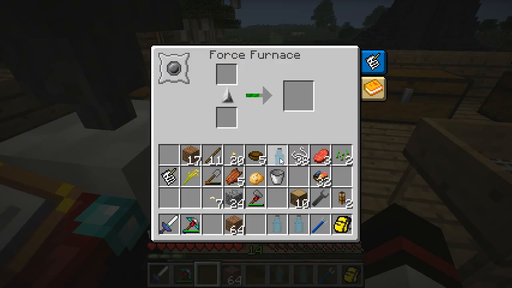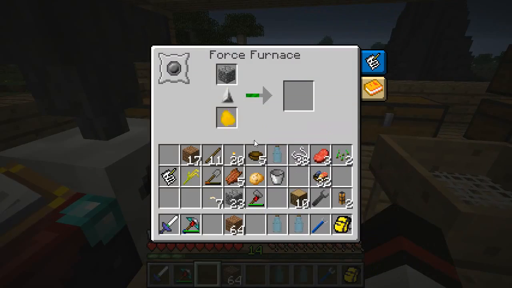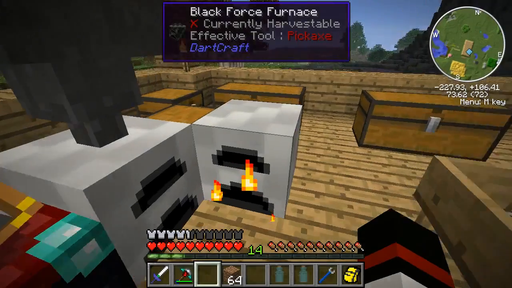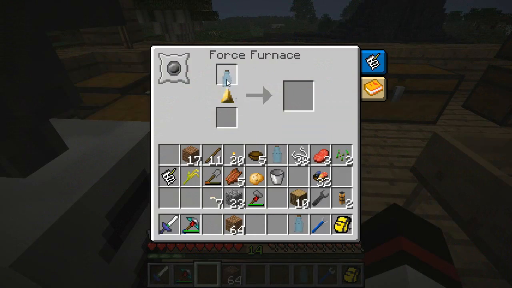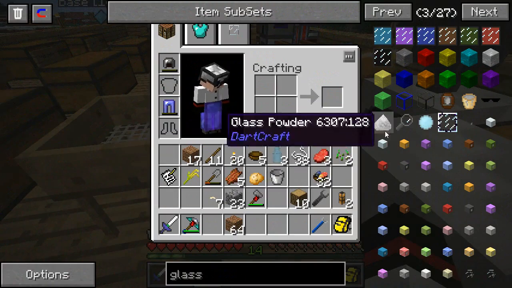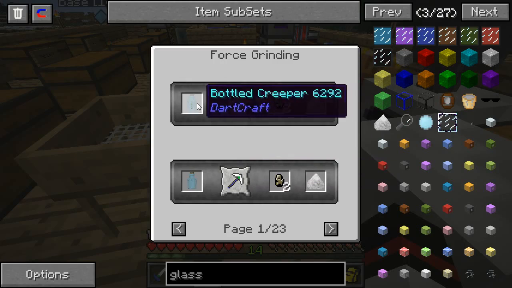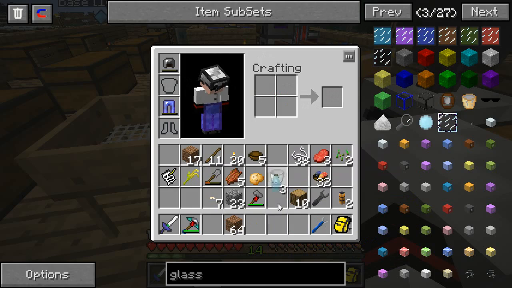Uh-oh. So that produces sand, so that actually does work. But you can't go in there. Okay, so that was a waste. So what did I actually, what was it made in? I don't understand. Pickaxe? Do I need to...